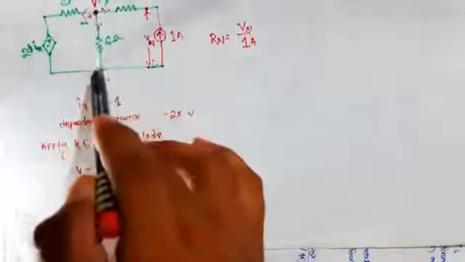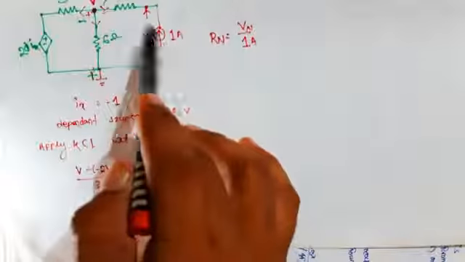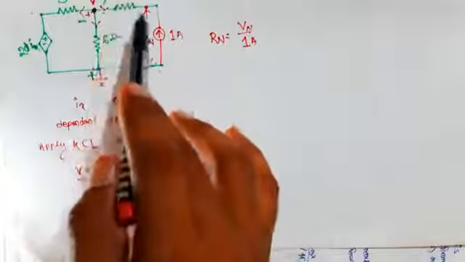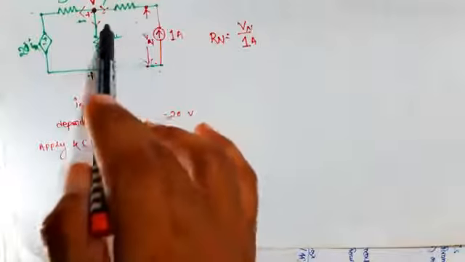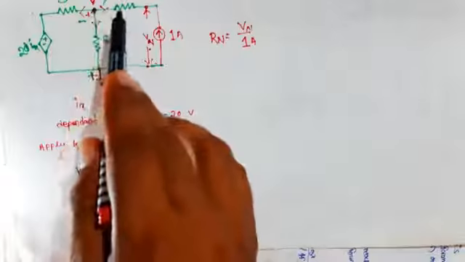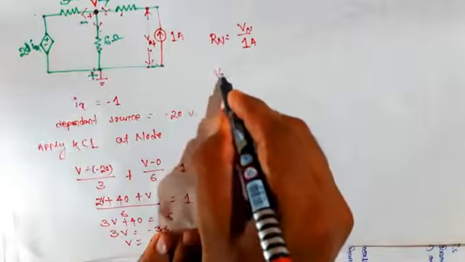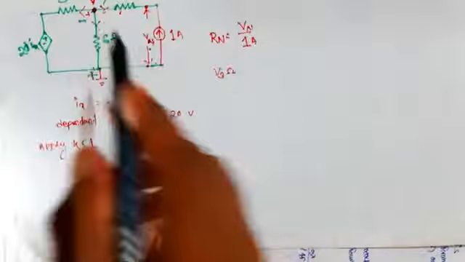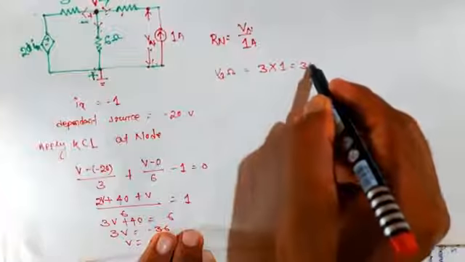This voltage is divided between this and this. If we can find the voltage across this, then we subtract the voltage drop across this, and then we find this. Now this voltage is equal to this voltage drop and this voltage. If we find the voltage drop across the 3 ohm, then we can find Vn. So first we find the voltage drop across the 3 ohm. It is 1 ampere current flowing through the 3 ohm, so how much? 3 into 1, equal to 3 volt.